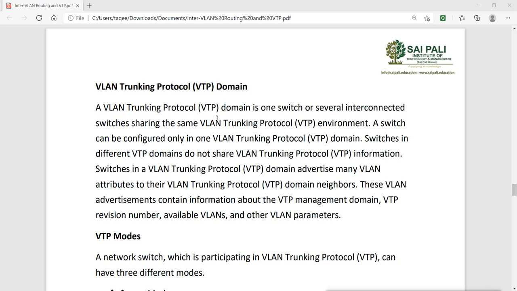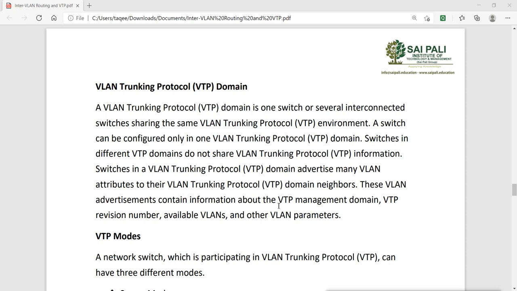So why do we use this VLAN Trunking Protocol? We can use it for another thing also, that is security. We can create a domain of our VLAN switches, and nobody can add their switches into it. If they want to add a switch into the domain, they have to know the shared password we have in the domain. They can know the domain name, but they cannot know the shared password. So only a switch which knows the shared password can enter the VTP domain.